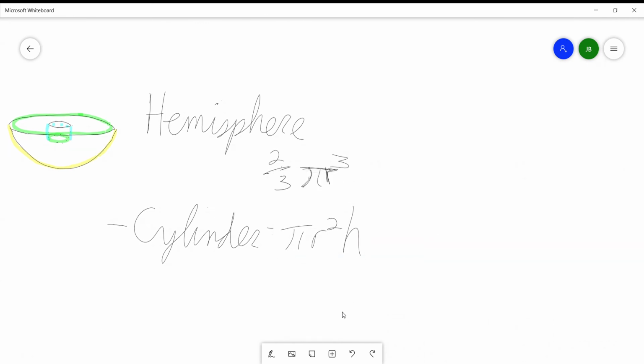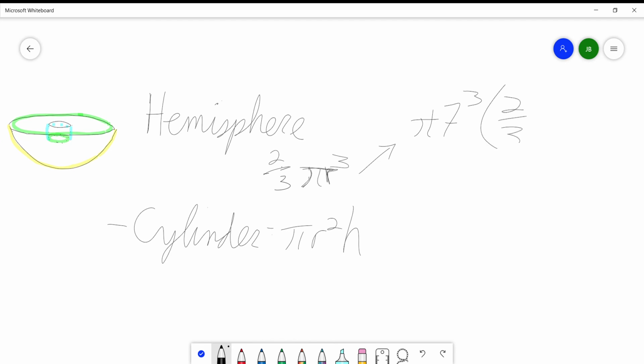So 2/3 times pi r cubed. This r, the r of the whole hemisphere, is 7. So it's 7 cubed times pi times 2/3. I know I just wrote them in a different order. It doesn't matter, because we're just multiplying all of them together. You multiply those all together and you'll get 718.01, which I think they just drop